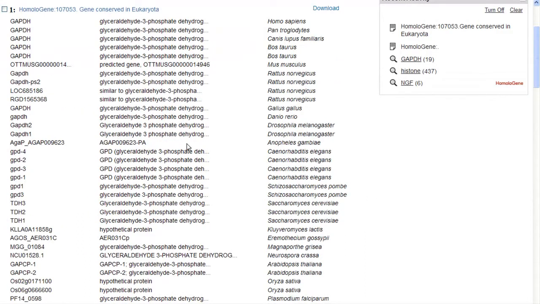You see here a long list of conserved GAPDH genes. We've got everything from Homo sapiens, that's us, Pan troglodytes, that's a chimp, Canis lupus familiaris, that's a dog, Bos is a cow, Mus is a mouse, Rattus is a rat, Gallus is a chicken, Danio is a zebrafish, Drosophila is a fruit fly, Anopheles is a mosquito, C. elegans is a roundworm,